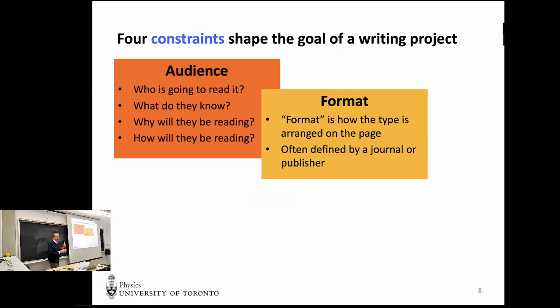Format is another constraint. When you look at different books or journals, they have different ways of laying out text on pages. Sometimes it's double column. If it's a long equation, PhysRev Letters cuts it across several columns. There are a lot of things which are very specific to the given journal or the context in which you're writing. So you need to know that, because it does inform and may change the way you present things.